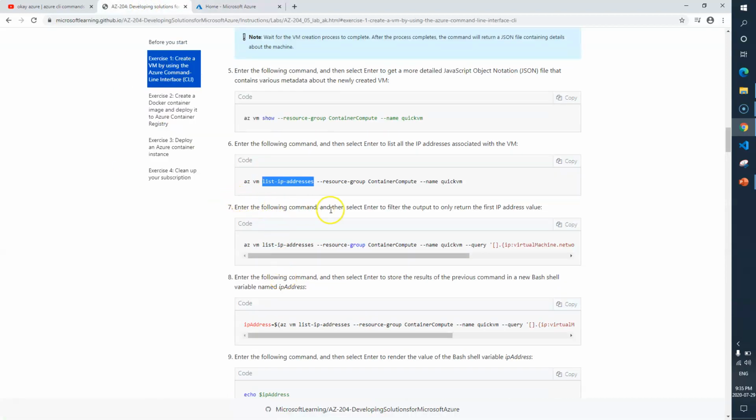Now let's go back. The next command says to enter the following command and hit enter. To filter output, only return the first IP address value. So now we need to make use of the option --query, and this will give you the IP address. I'll copy this one.